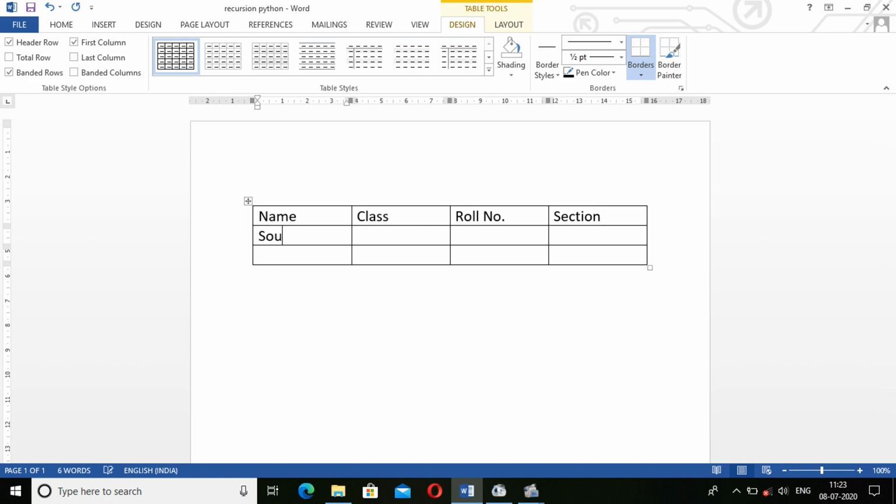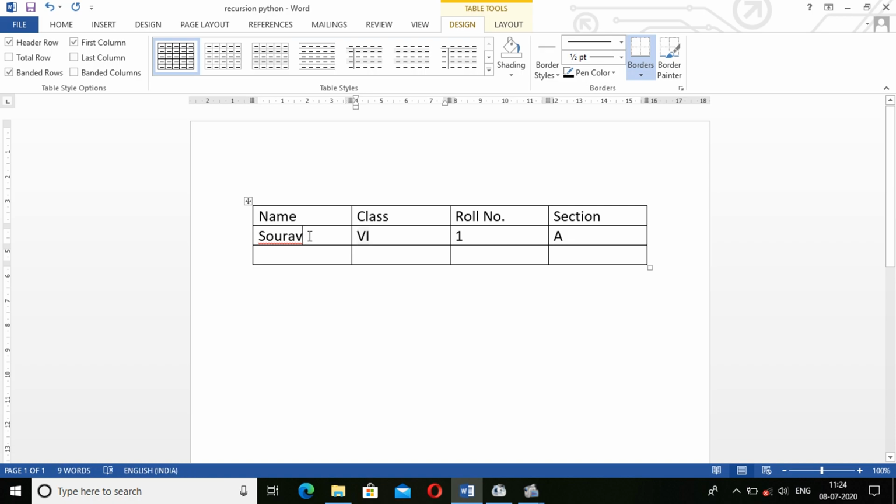Now under Name I'm writing Saurav, class 6, roll number 1, and section A. See how we move the mouse pointer between the cells. I'm in Saurav, and I have to write class 6, so I just press Tab.